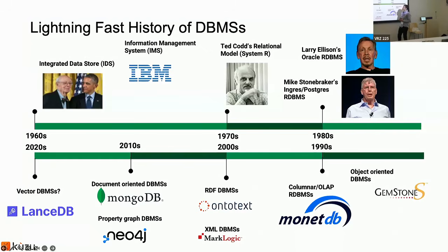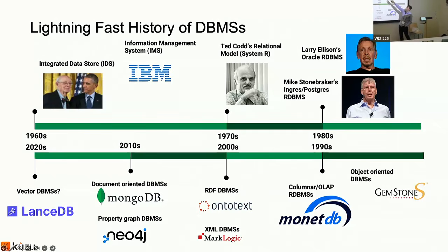Even prior to relational systems, there were classes of software systems we call database management systems. So here is a picture of someone named Charlie Bachman. He is credited as the first inventor of database management systems, the first architect of the first software system that we call a database management system. He was the architect behind a system called Integrated Data Store, and that is what people refer to as the first database management system in history. And there's about 20 years prior to relational systems hitting the market, where there were